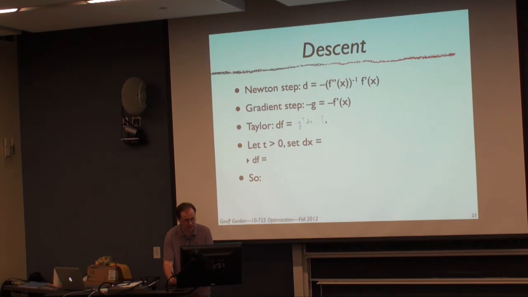And then I'm going to explicitly write the residual of dx here. And suppose that we set dx equal to t times the Newton direction, right? So we do a small step in the Newton direction. Then we get that df is equal to,